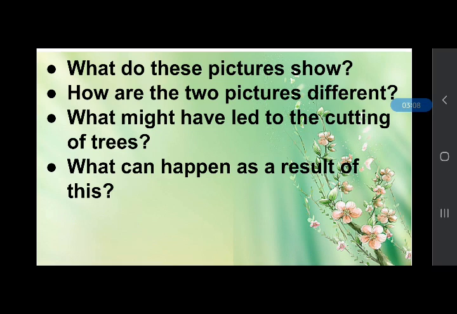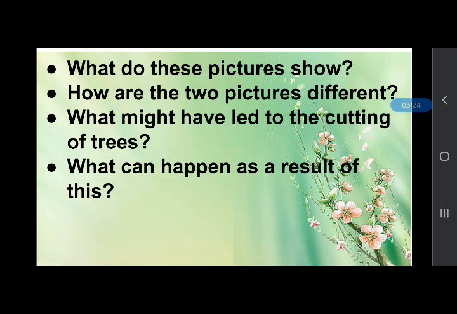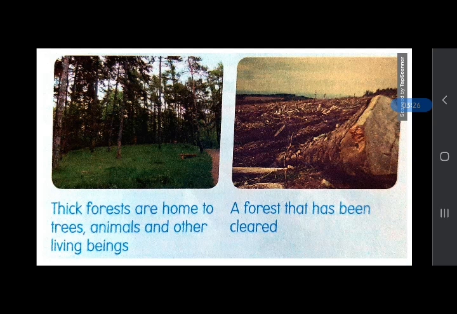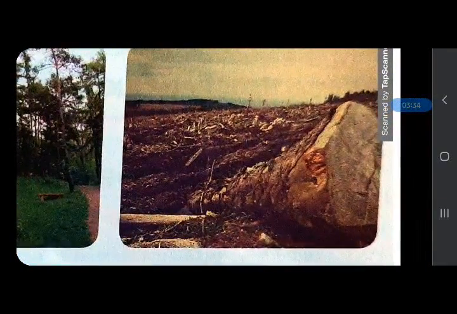So what are the differences? Is there something missing in the second picture that you see in the first picture? You can write or answer to your partner. So the first picture shows a beautiful forest with trees, while the second one shows the trees cut down in what might have been a forest.